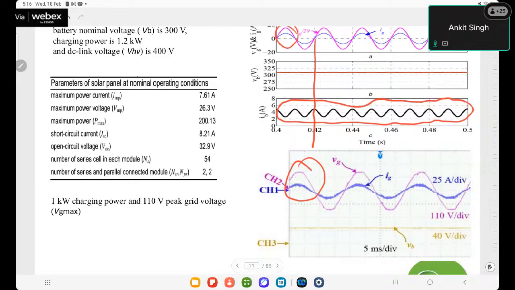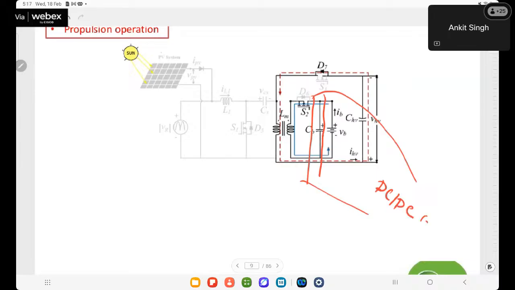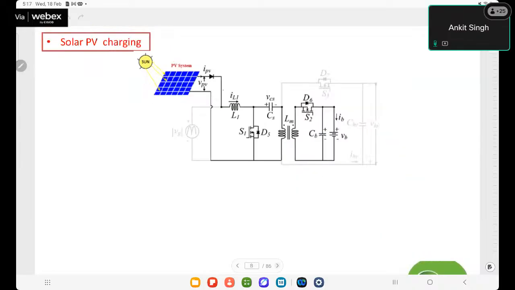If it is a single stage and we want to filter it out, either we add an inductive filter at the battery terminal, or we add one more stage, meaning after this point there will be another DC to DC converter. So to reduce this ripple,